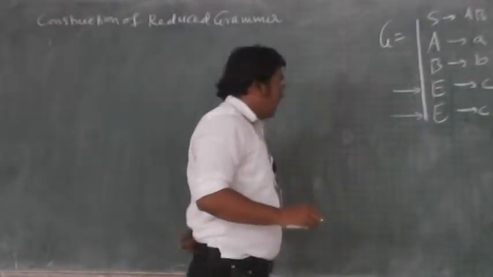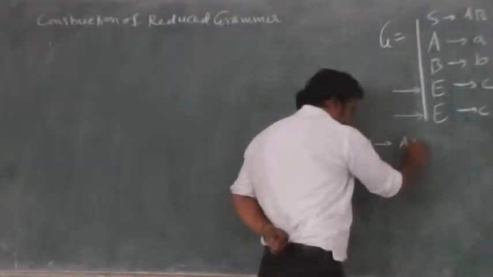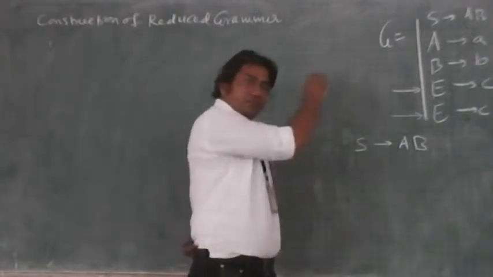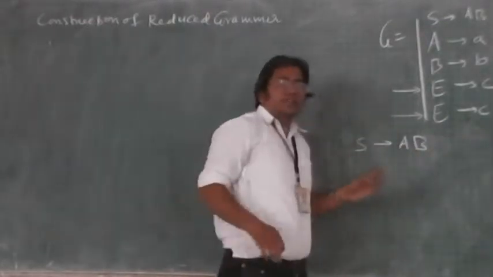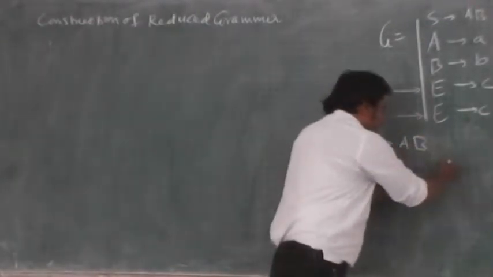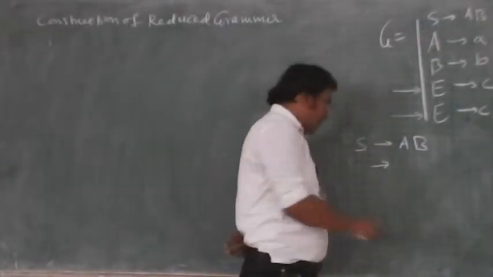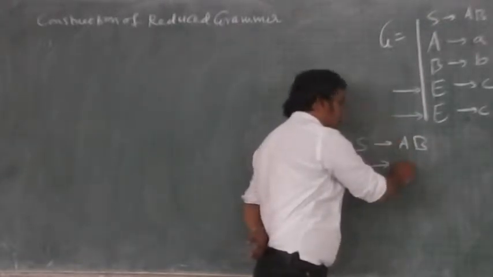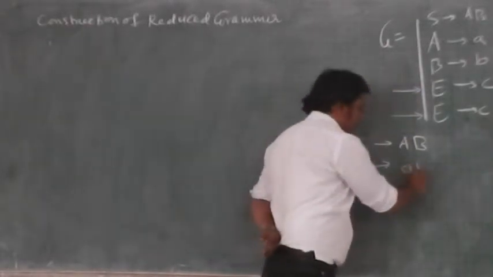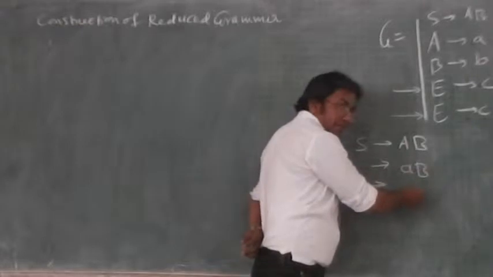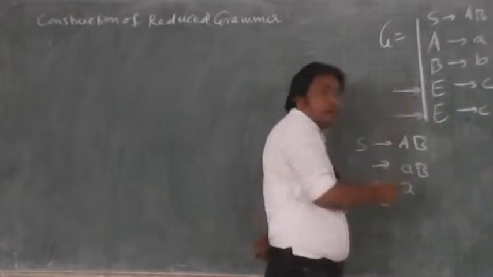Another way, what I can say is that I can start, yes, considering the right hand side in the derivation. I will go for deriving a certain string and I will see what are the various variables or non-terminals we will come across during the derivation. In that process, what I found is that A is clearly here being replaced by small a by applying the second production. So I came to this, and finally, in the second step, B is being replaced by a small b by applying the third production.